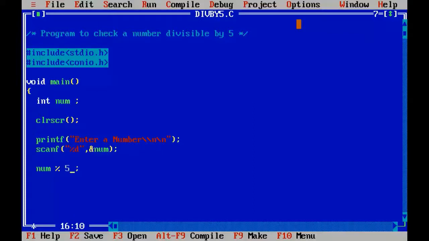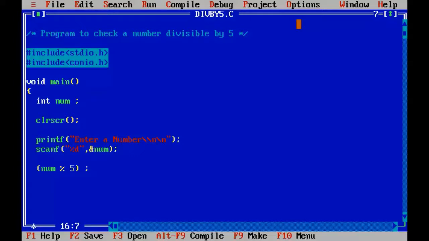This will be enclosed in a parenthesis. I'm going to store the given number in the variable num, and that number will be divided by the integer 5. Suppose I store 10 in num.